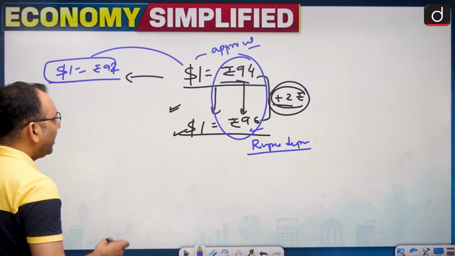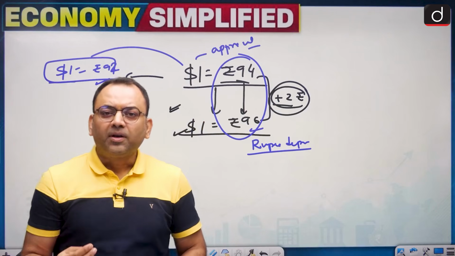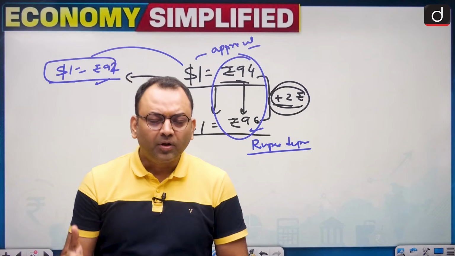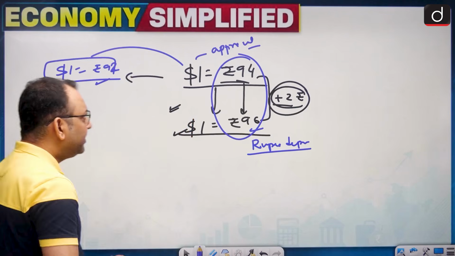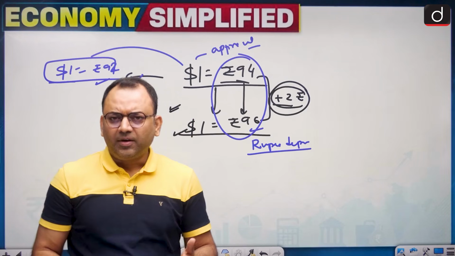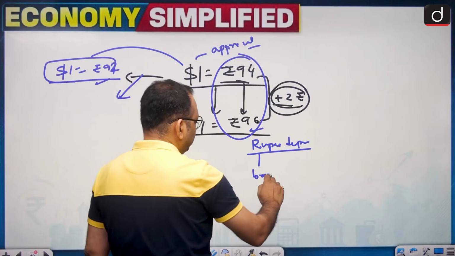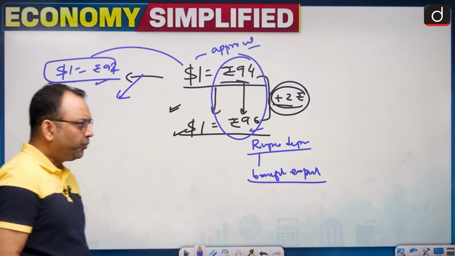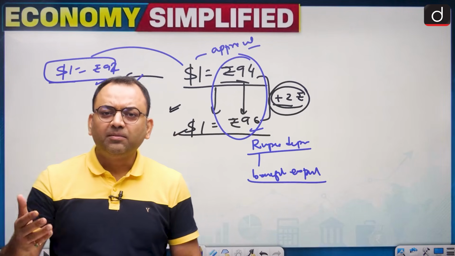But suppose the rupee appreciates, then what happens? I am an exporter. I was exporting a commodity. I used to get rupees 94 earlier. Now I get rupees 92. So with the rupee appreciation, the exporters are not at benefit. So rupee depreciation benefits the exporters, right? It is favored by exporters because they get more money for the same amount of